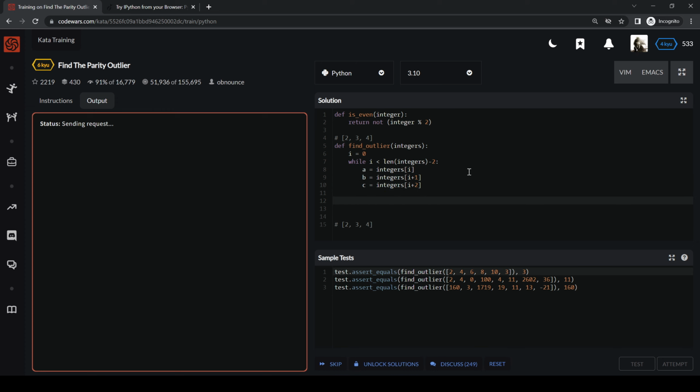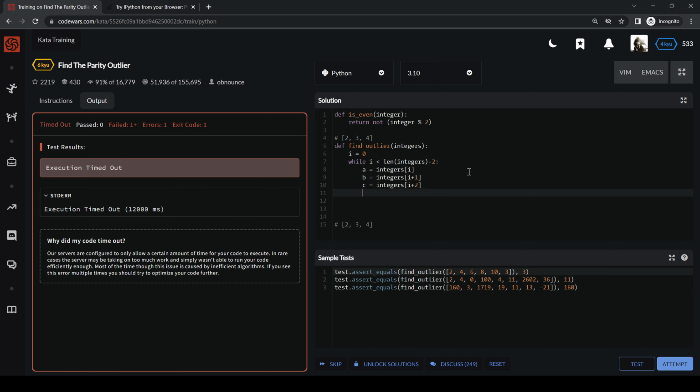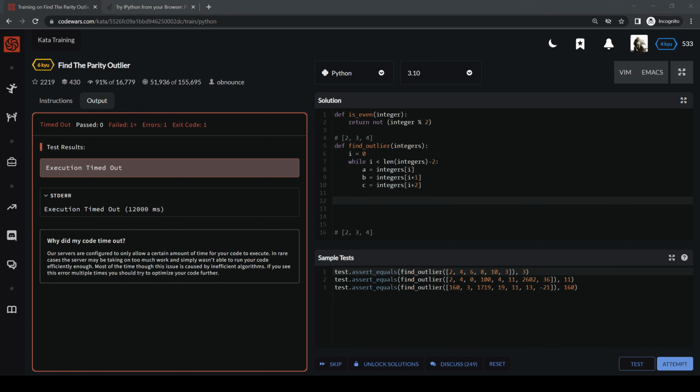Okay, so now I think I can potentially apply the logic that you were talking about. Because the odd one out can be the first value. Sure, but I think I can handle that. So if I do parities equals parities plus